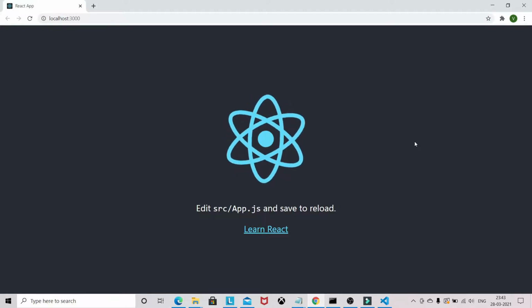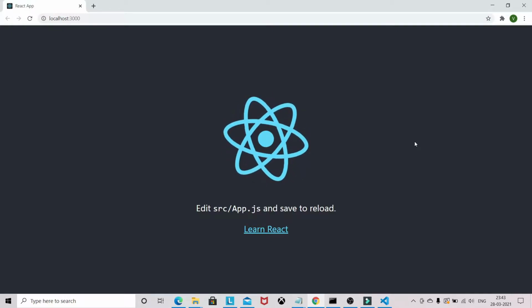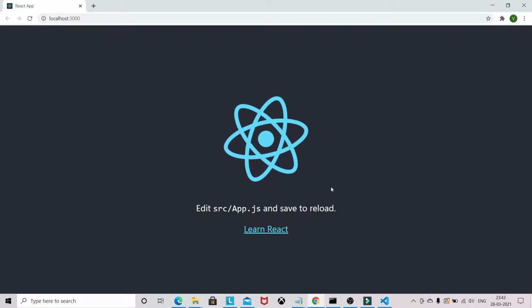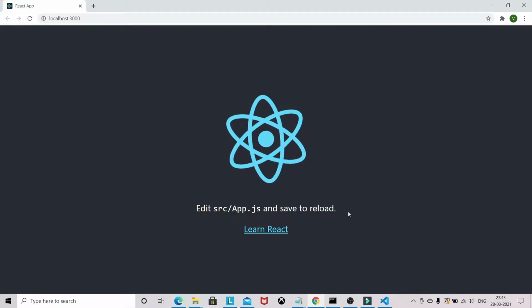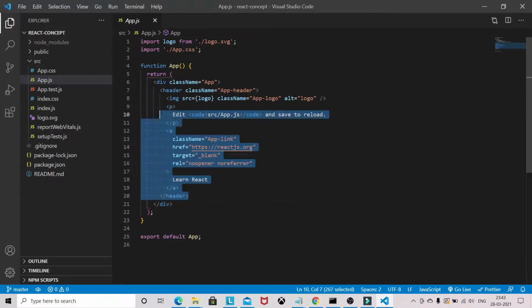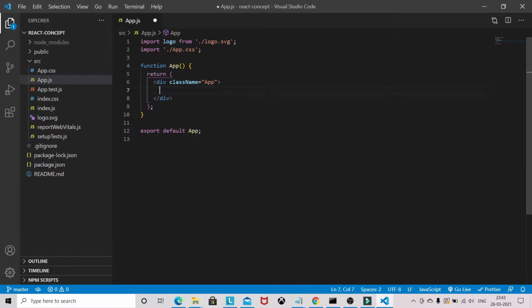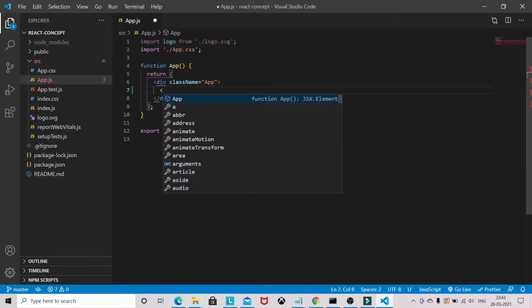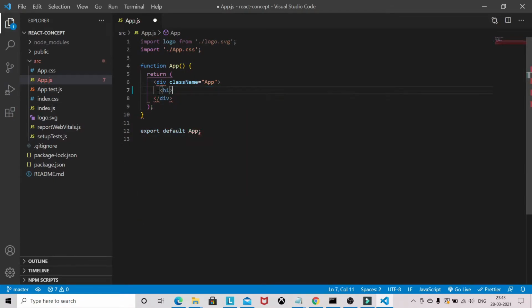So I have created one small starter application using npx create-react-app. I will just remove all the content and remove this one, and I will just give some window size.